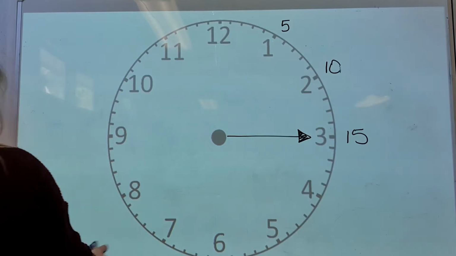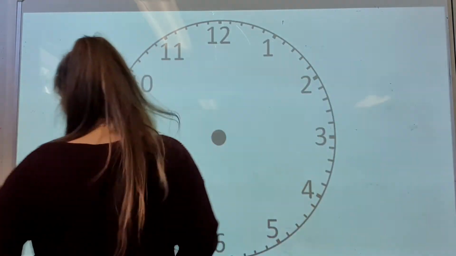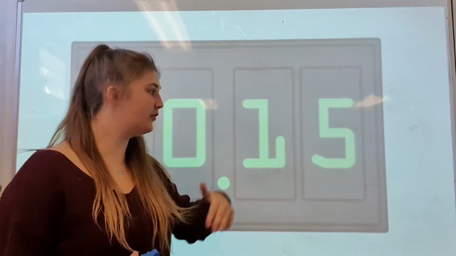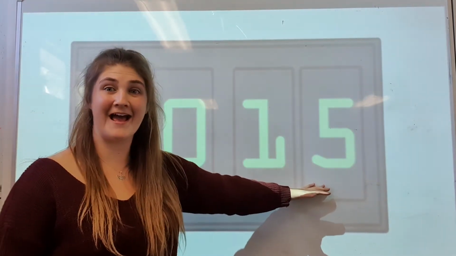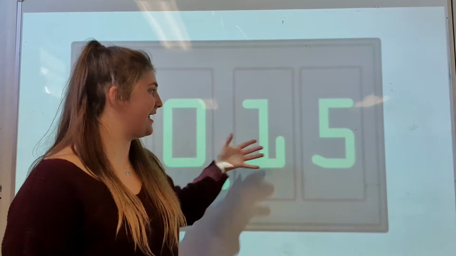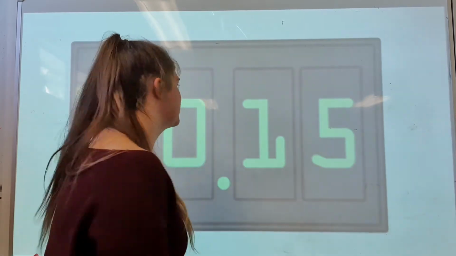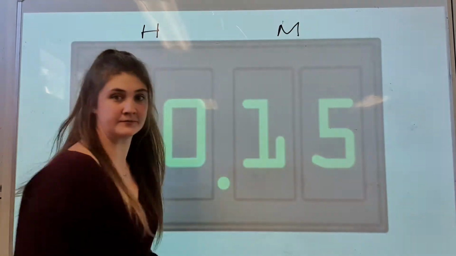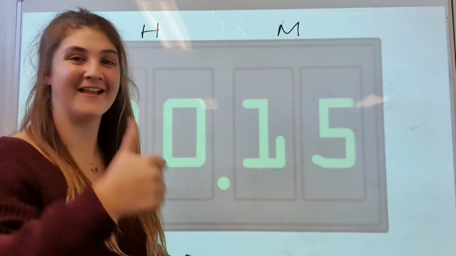Let's have a look at that again. So whenever we're talking about something that's quarter past, on a digital clock I should say, it has 15 in the minute section. So remember, this is always the hours, and this is the minutes. All right, let's move on